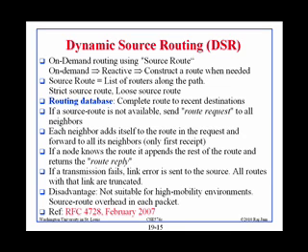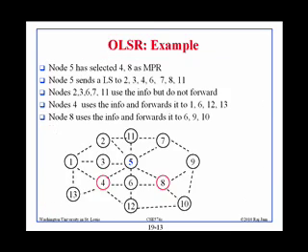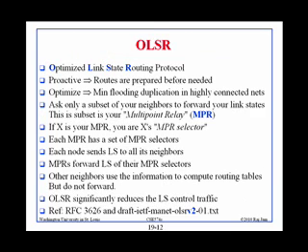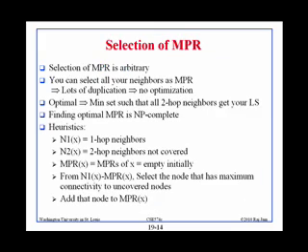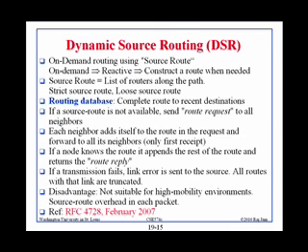You have all these addresses for all these routers along the way, which takes the overhead. But anyway, all this is described in RFC 4728, which is on DSR. OLSR was described in RFC 3626. So these three that we are going to talk about, we're going to mention those three RFCs. Okay? Anyway, so is DSR clear?